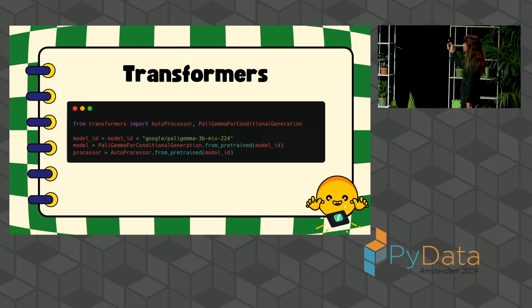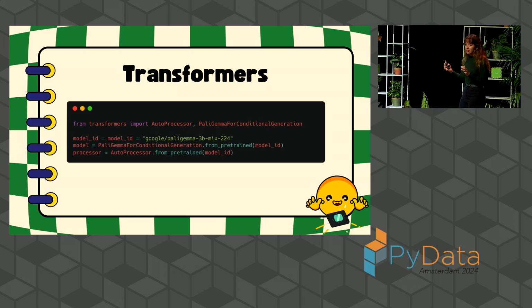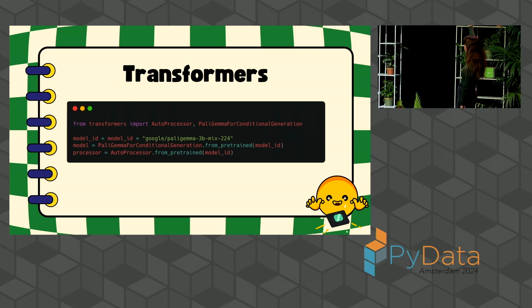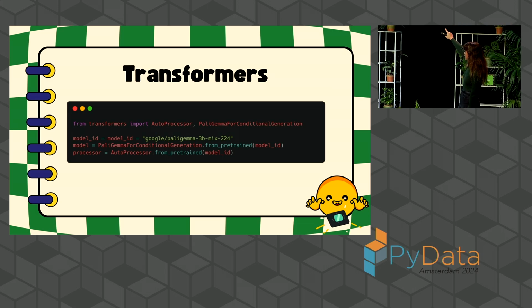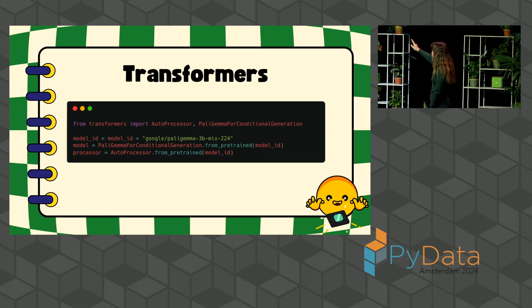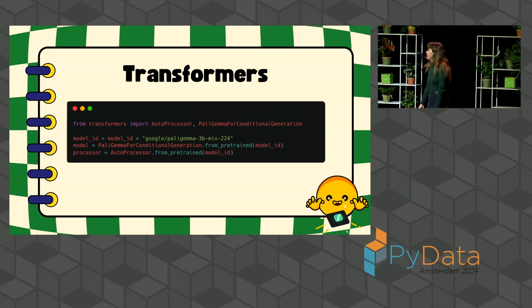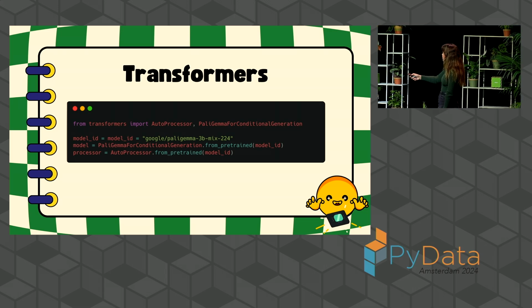This is, for instance, how you initialize a model. I made a mistake over there. Each model has a class according to the model architecture. For PaliGemma, it's called PaliGemmaForConditionalGeneration. You initialize it with the from_pretrained method of that class, passing in the PaliGemma checkpoint on the Hugging Face Hub that you have found, and you can initialize the processor of that model as well, and then you can just start inferring